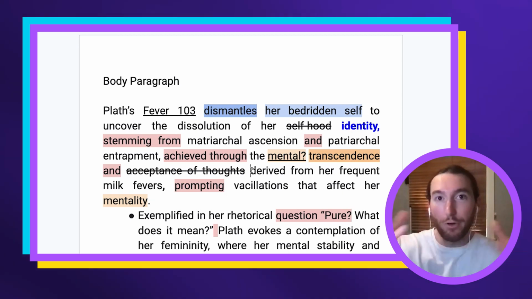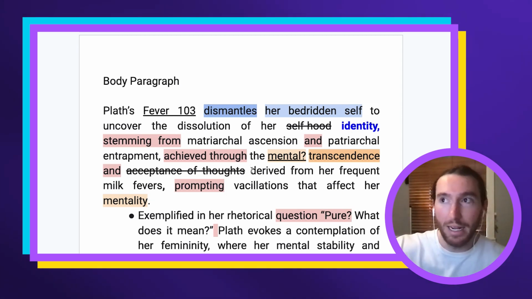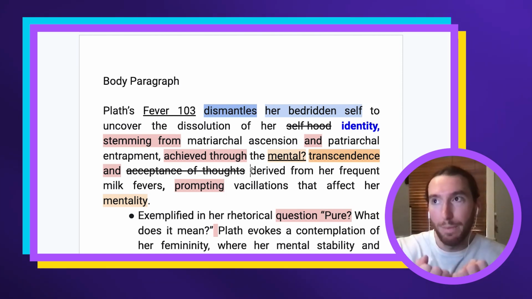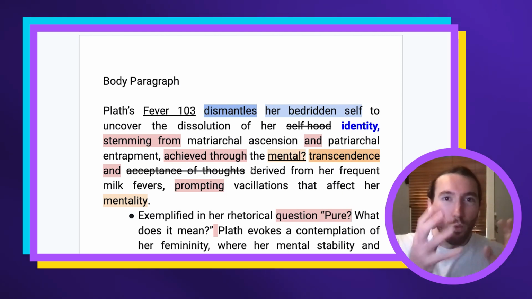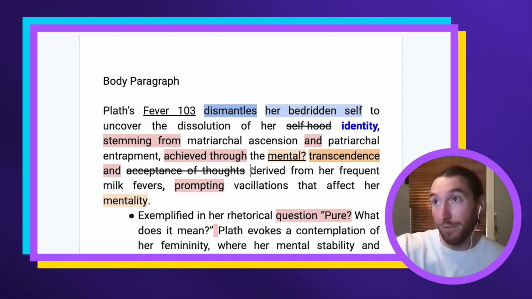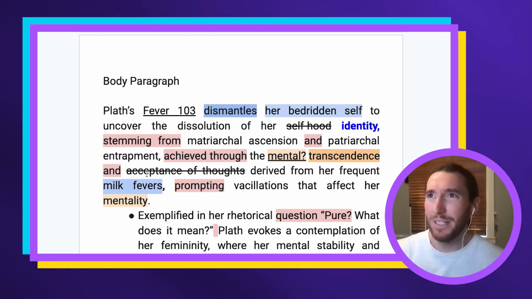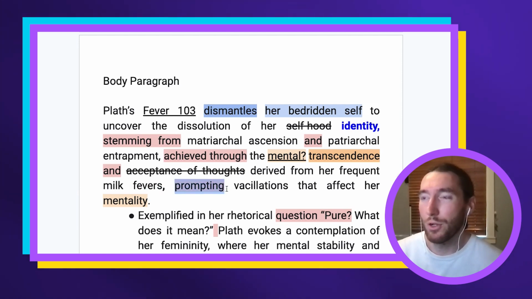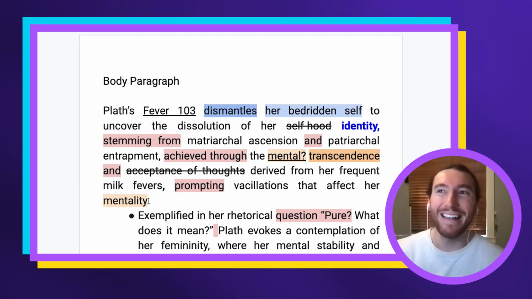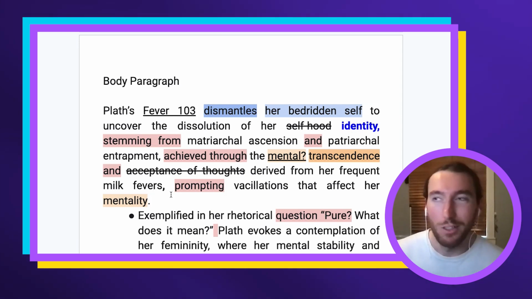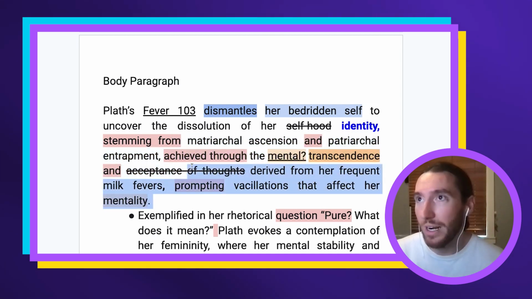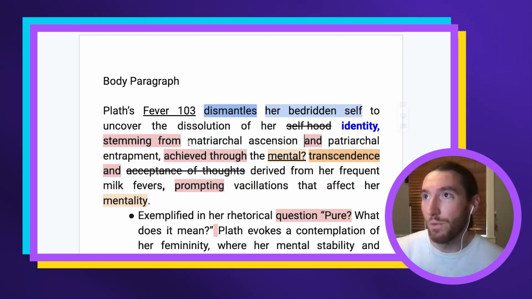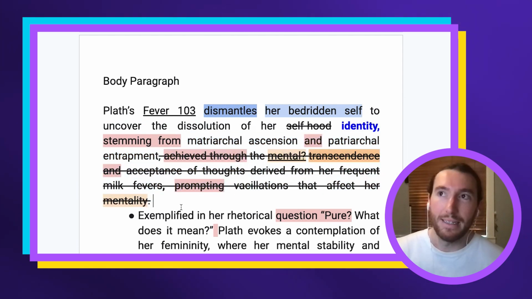And again, I would be applying literary transcendence if we're talking about a textual conversation here in the context of that relationship, not so much with respect to one individual text, especially as if this is your first paragraph of an essay. Just trying to say a bit too much throughout this topic sentence, right? Again, a third clause, prompting vacillations that affect her mentality. Mentality is one of those vague words. It's just not very clear what you even mean by that. You should just say exactly what her psychology is. You should say that once in a specific way and get rid of everything else. So try and cut all of this down, focus on one thing up here and basically cut everything else, right?